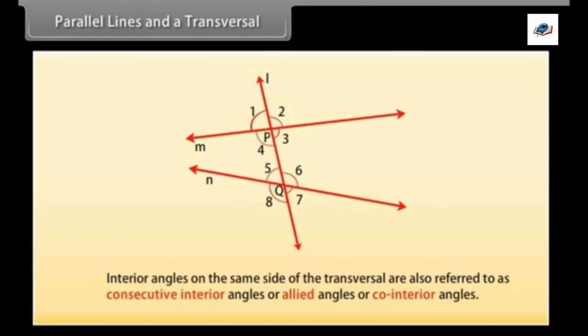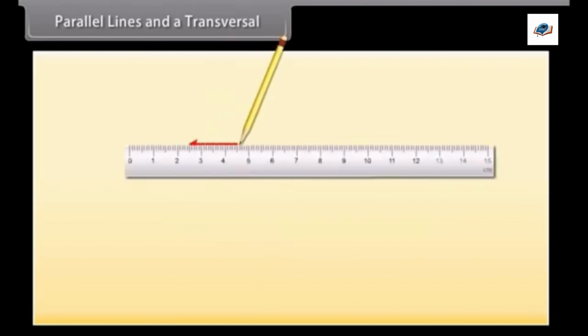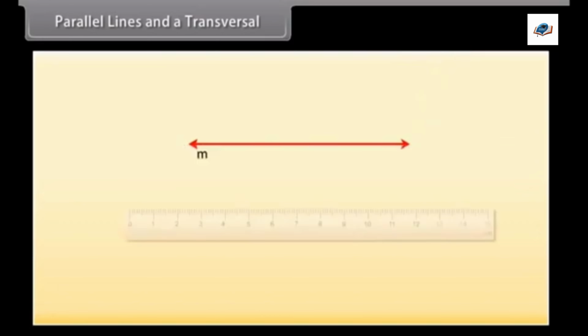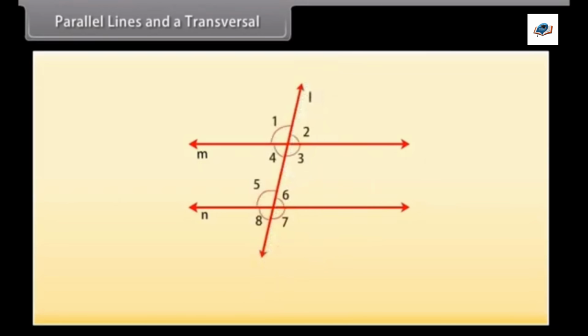Interior angles on the same side of the transversal are also referred to as consecutive interior angles or allied angles or co-interior angles. Now let us find out the relation between the angles in these pairs when line M is parallel to line N. So, with ruler and pencil, draw two parallel lines along any two of these lines and a transversal to intersect them. Now if we measure any pair of corresponding angles, we find that angle 1 is equal to angle 5,